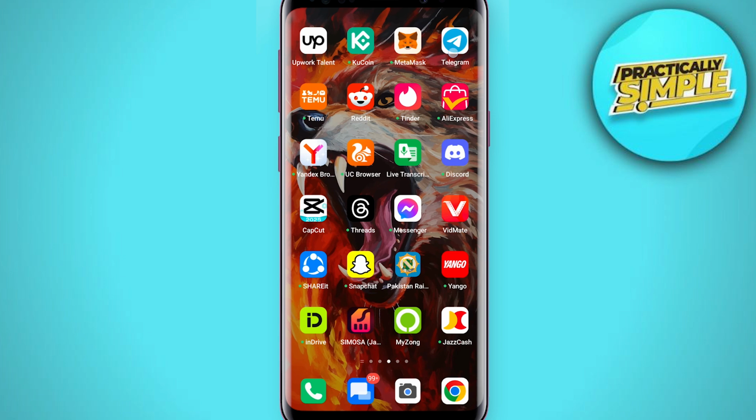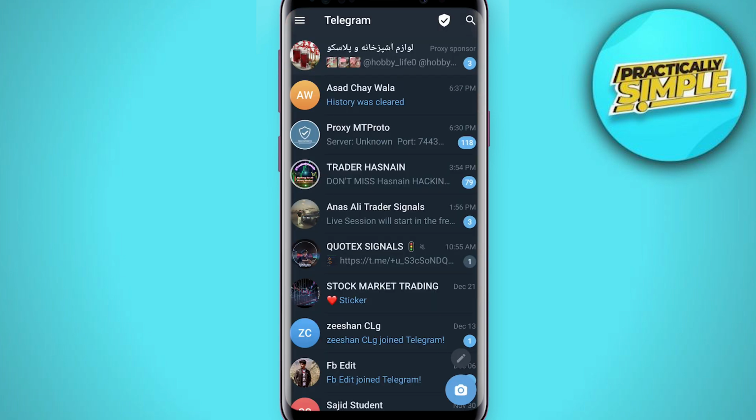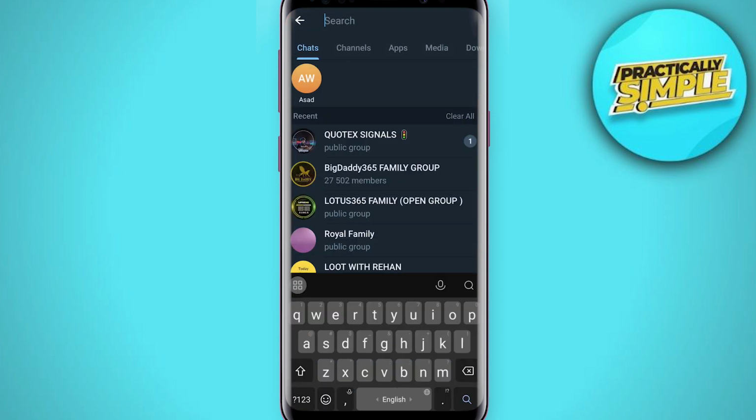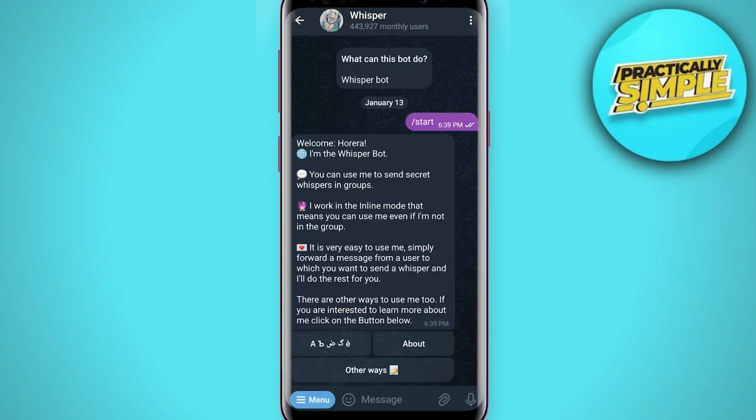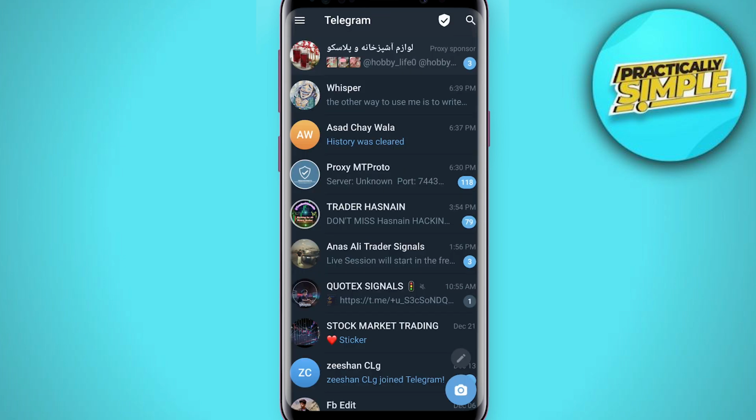You have to open the Telegram application here, and then in the search bar you have to search for this Whisper bot, and then you have to simply tap on this start, and now you can send the secret messages from here as well. But the best thing is you have to come to the group you want to send